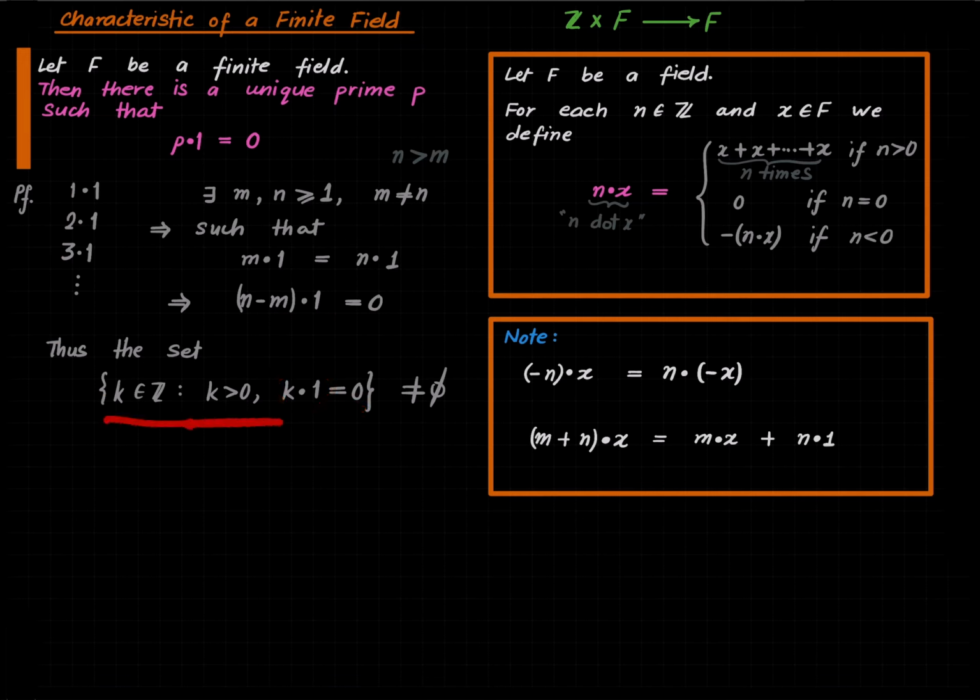So this is a non-empty subset of natural numbers. Positive integers are precisely natural numbers. So this is a non-empty subset of natural numbers, and hence by the well-ordering principle, which says that there is a smallest element in it, let h be the smallest positive integer,